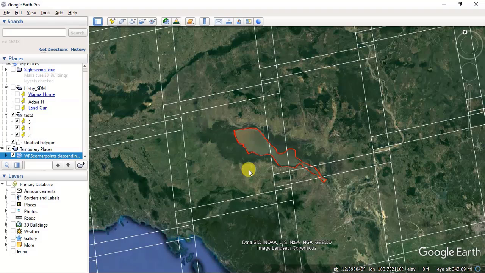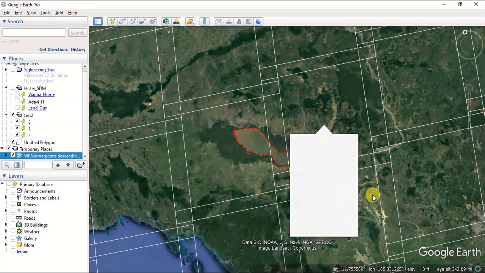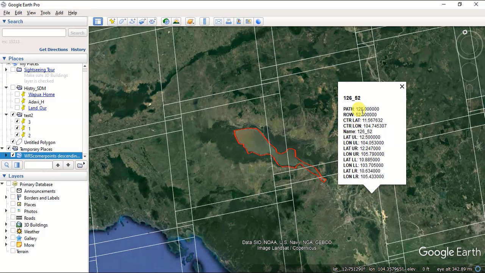So when importing these images, we need to know the row ID and the path ID of these relevant scenes. For that, using this KML file, we can click on each square and find the path and the row for each scene. So likewise, we can import images into the Google Earth Engine code editor by specifying these